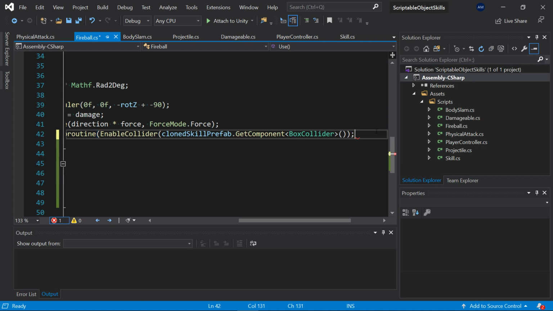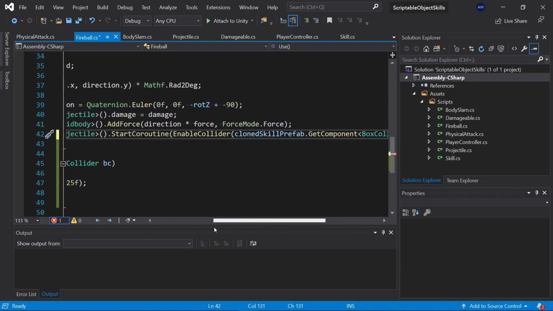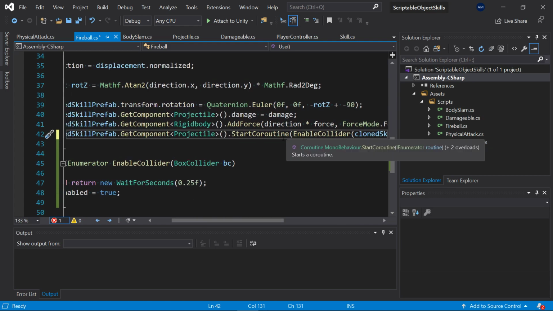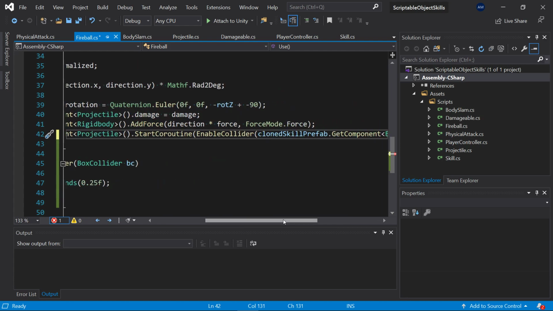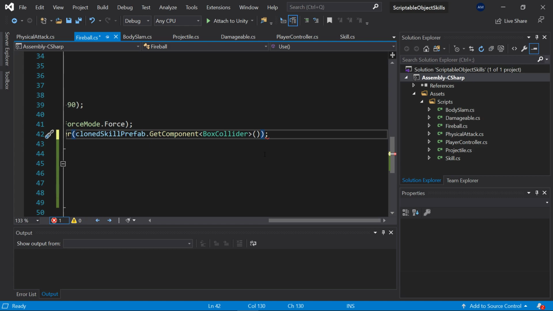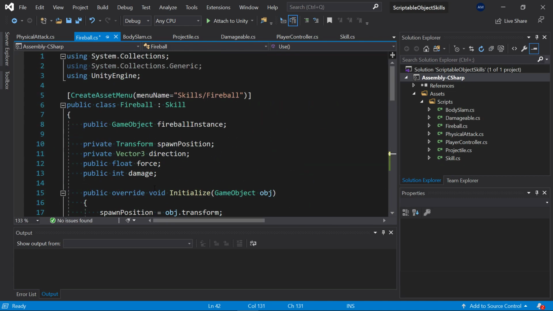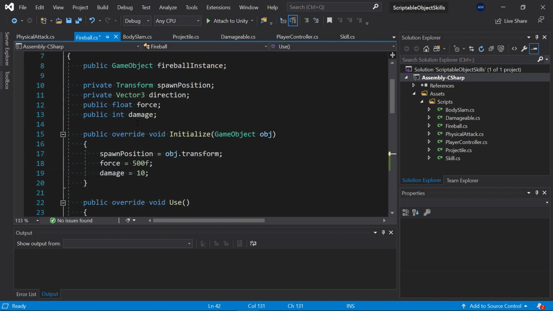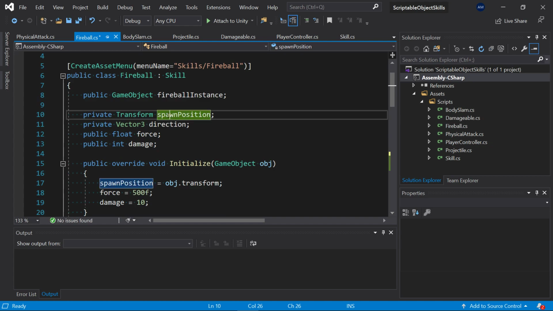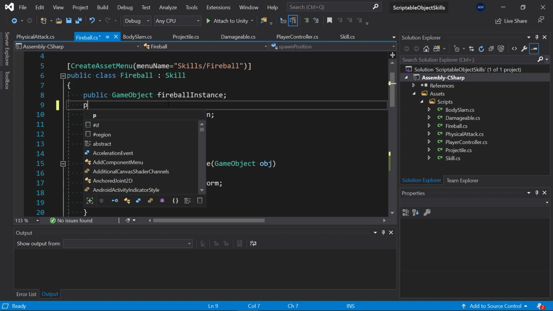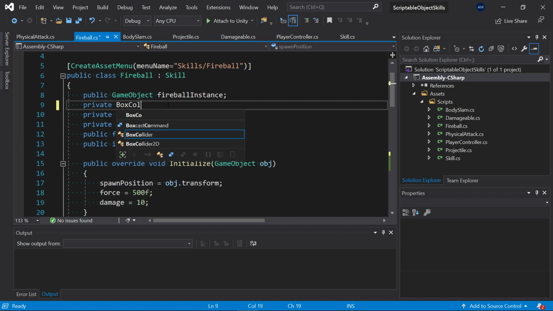So what's happening here? We're literally just grabbing a mono behavior of some sort, so we can call the coroutine and say, hey, start this coroutine enable collider, and we want to enable the collider that is on the prefab. That's all we're doing, literally. Matter of fact, you can just do this. Like, you can do private box collider,